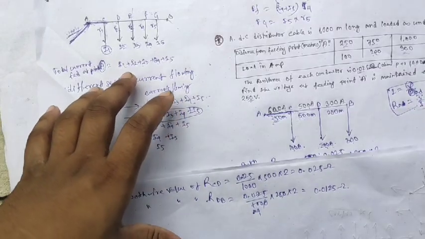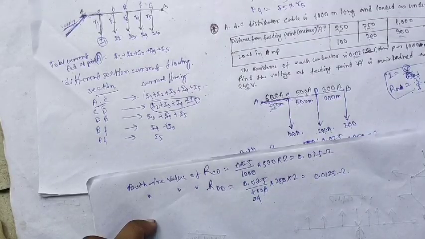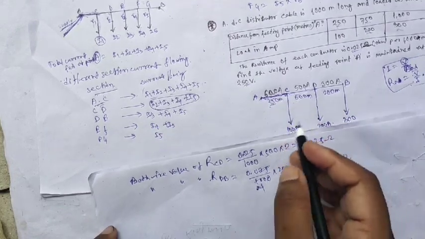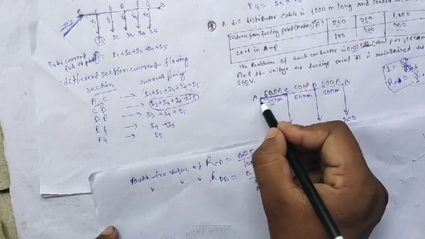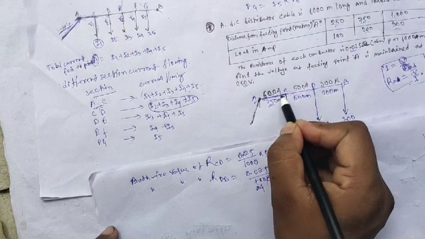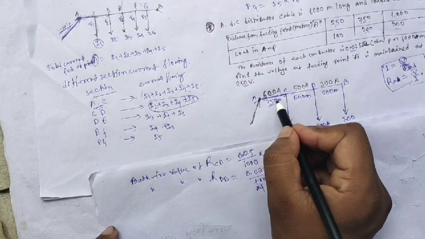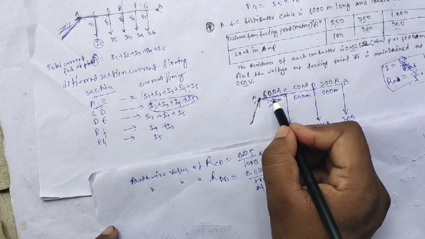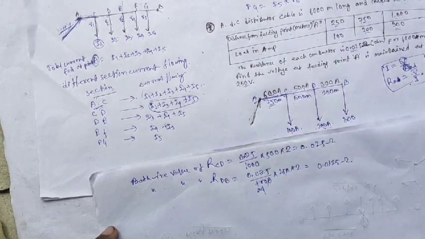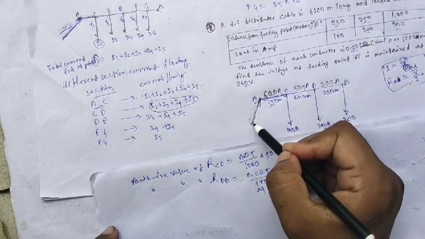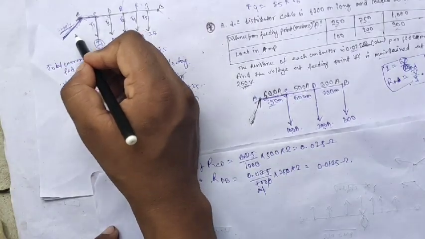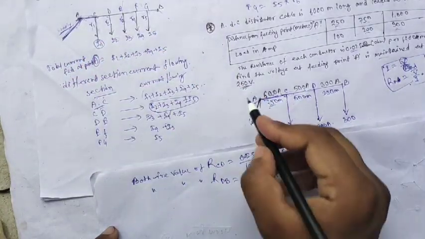Next we see the voltage drop of this portion. What is the voltage drop of this portion? How do we calculate it? Suppose here also the voltage is feeding, and there also the loss is present. If the loss is subtracted from this voltage, we can get the voltage here. The supply voltage at this feeding point is maintained at 250 volt. Here also the supply voltage is maintained, 250 volt.